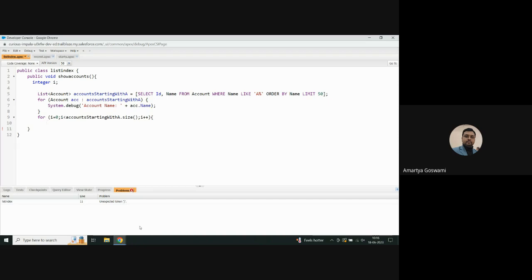Now you can just iterate through this list: list name dot i dot name. That's it. So if you put system dot debug list name, what is list name? What is the name of your list? Put that. The system debugger